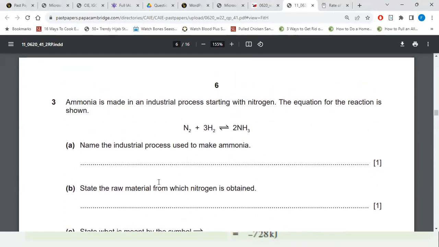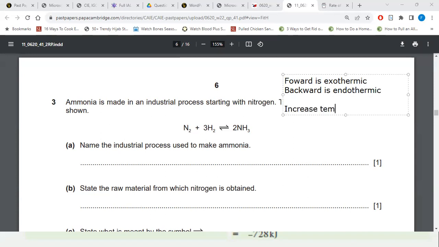So let's write that down. First thing we're going to write down is what the forward reaction is. Forward reaction is exothermic. Now, the backward reaction is opposite. So what is the backward reaction? Endothermic. Correct. Now, when I increase the temperature, where will the reaction go? It will go to the